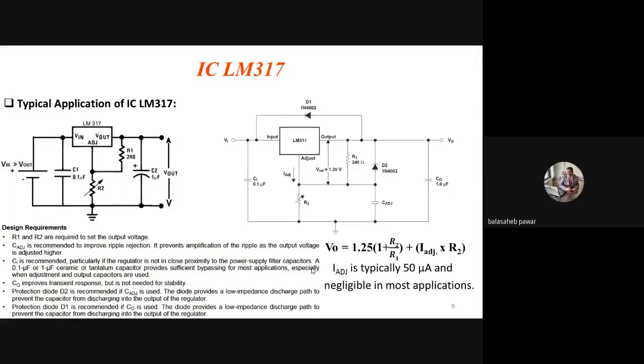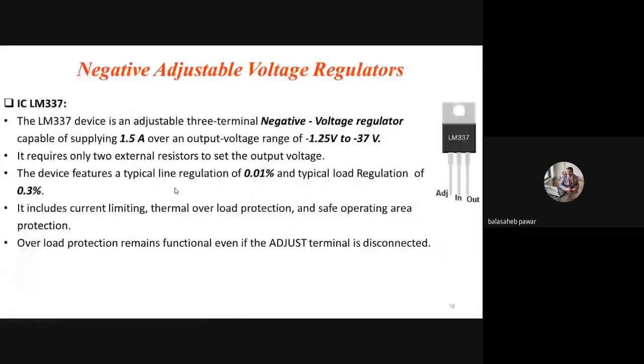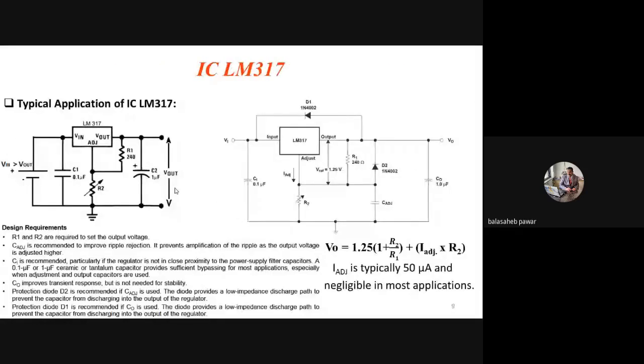Yes, sir. Okay, so at your end, just note down this value. During our practical session, we will check it. We will change the value of R2 accordingly using the same equation, and check whether we are getting the same output voltage as per the calculation and as per the practical. Okay, so we will stop here because our time is also